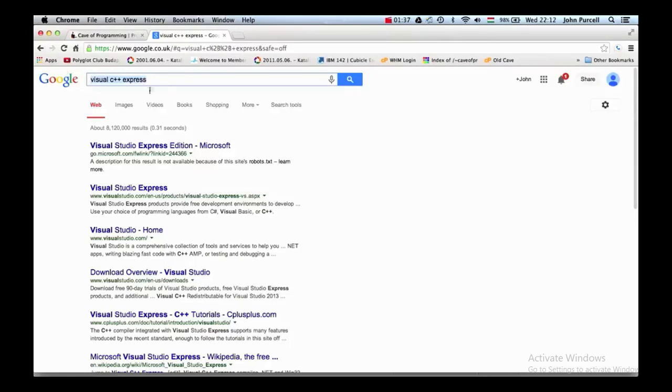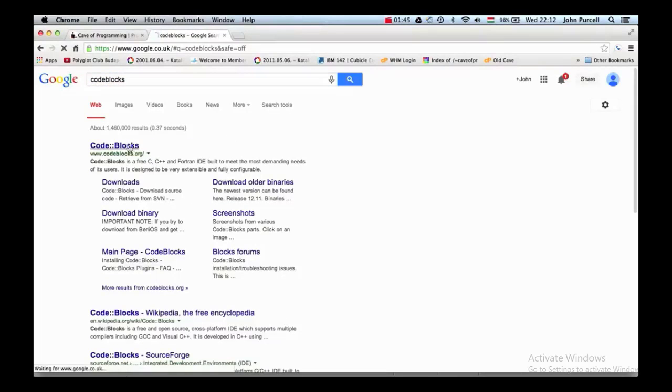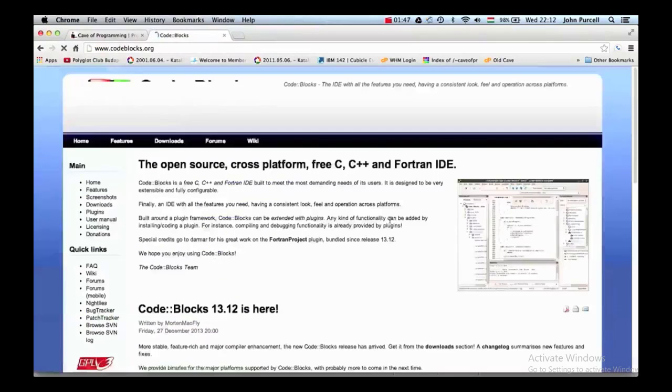Also on Windows, if you want a really simple solution to get started with, you can use CodeBlocks, and I believe that can automatically download a compiler for you. So Visual C++ comes with its own compiler, and I think that CodeBlocks can also download a compiler for you. These are actually integrated development environments. So those are two possibilities, and there are others, but what I recommend you to do